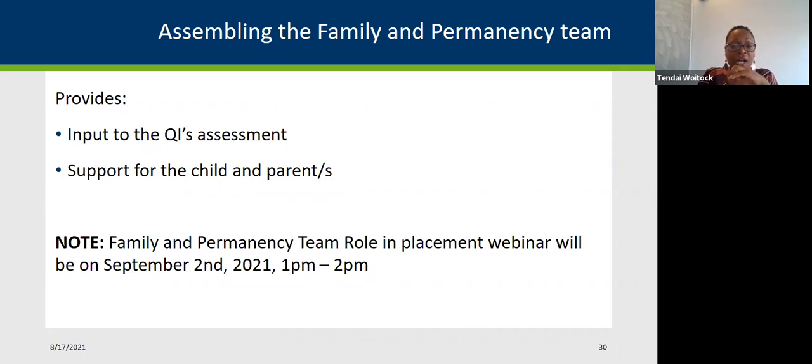Or for an Indian child, the child's tribal representative. So this list is not quite exhaustive, but those are the main people who need to be part of the family and permanency team. More detailed information about the family and permanency team role in a QRTP placement will actually be provided in a webinar